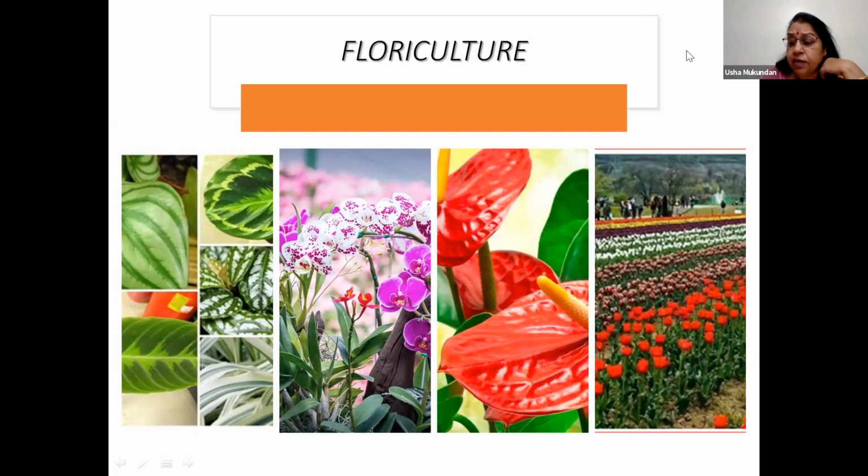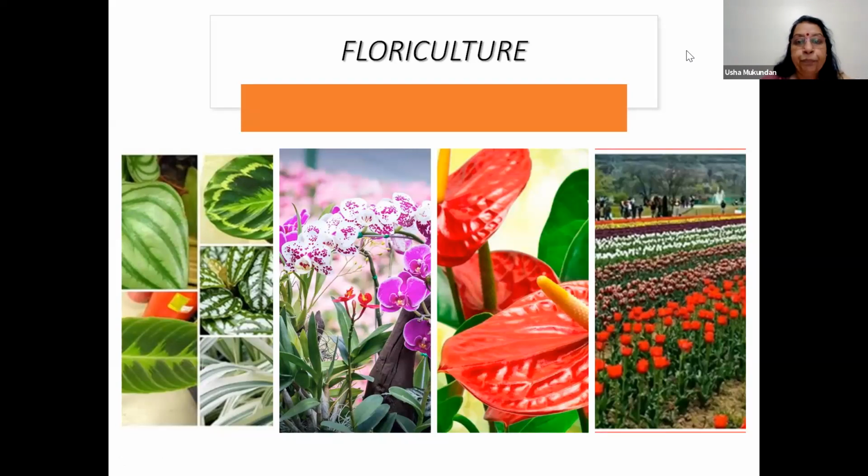Because you can get a large number of plants, and then they are hardened and given to these households where they grow them. When they start flowering, the main owners buy them back and do the remaining process so that it becomes an export oriented unit. You can see beautiful anthuriums. Now anthuriums are propagated from leaf segments. Leaf segments, when grown in vitro, give rise to small plantlets for mass propagation of these plants.